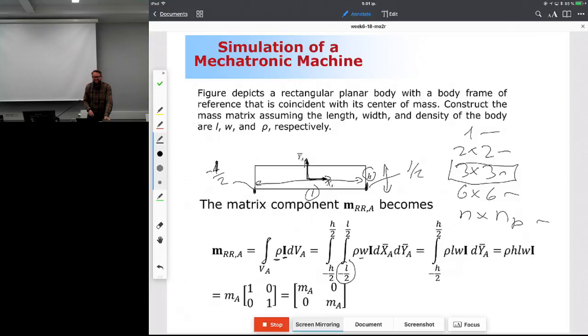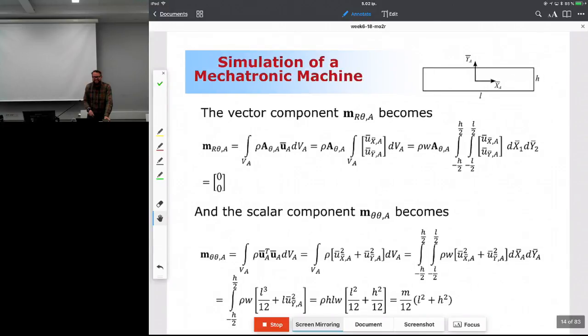I'm not going to touch the details here, so what I will get as a result is a volume multiplied by density. That's going to be equal to mass, multiplied by the 2 by 2 identity matrix. This is what I got as a final result. That's the first submatrix that I need here. Let's then compute